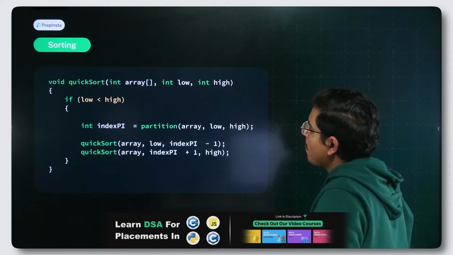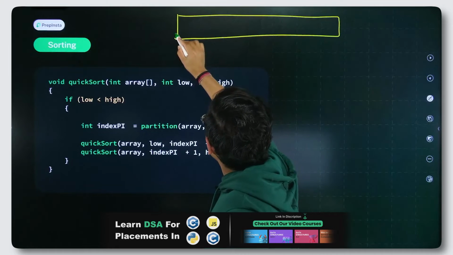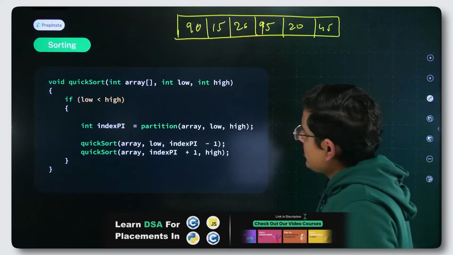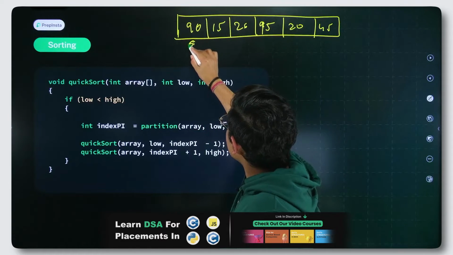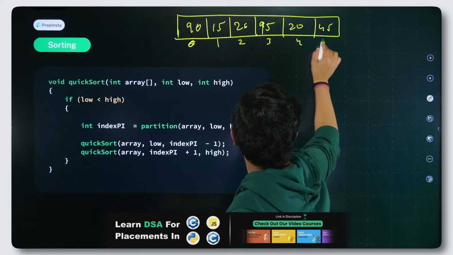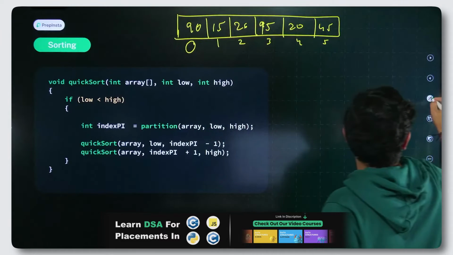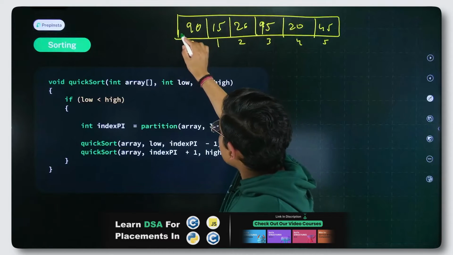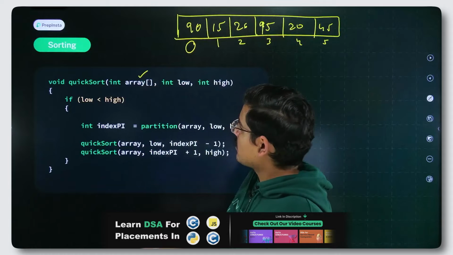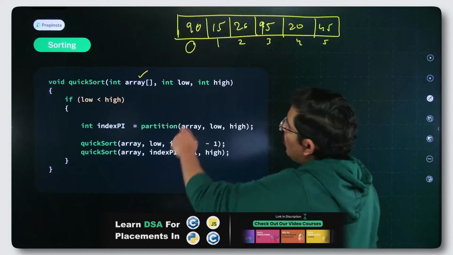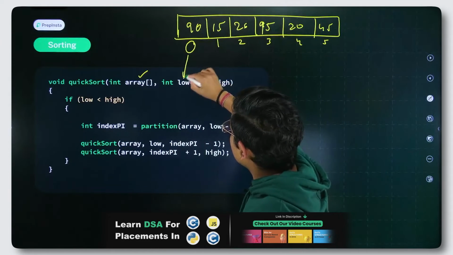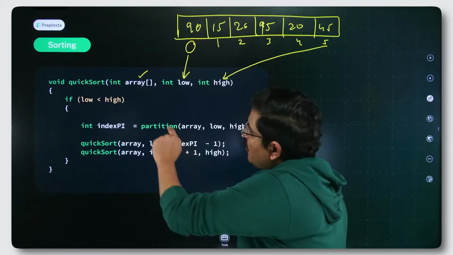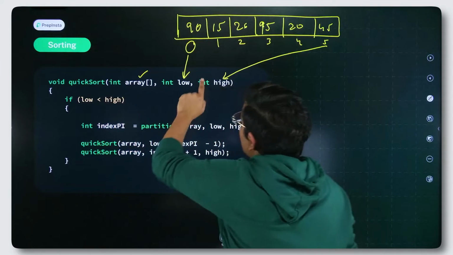What I'm telling you is, you take an array. Let's take the array that we took earlier, 90, 15. So this is 0, 1, 2, 3, 4, 5. These are the indices. Now, see carefully what's happening here. I pass this whole array in this, fine. Now I pass 0 as the low, 5 as the high, and what I'll do is, if low is lesser